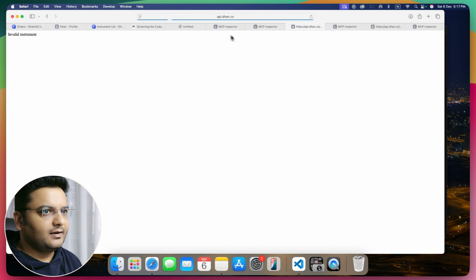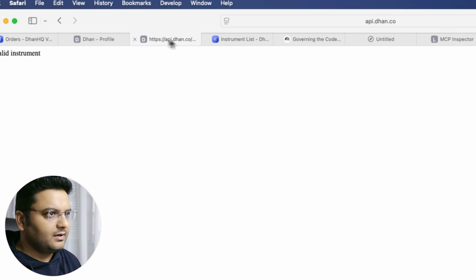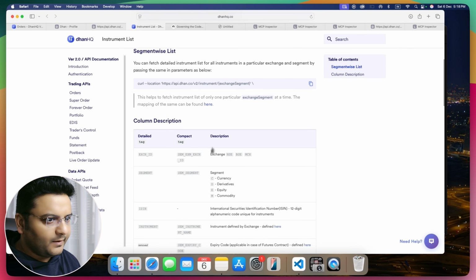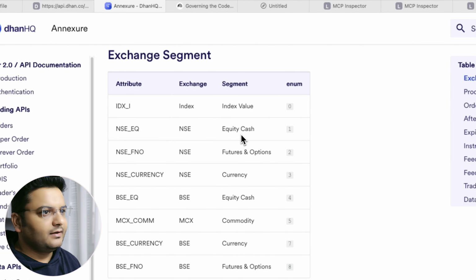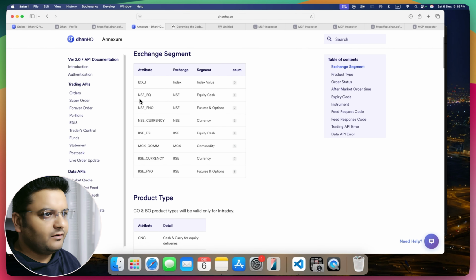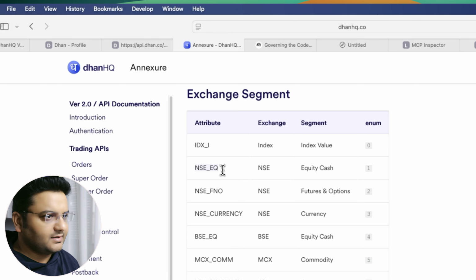Come on. So exchange segment. So probably I'll have to give it E over here, exchange segment. Okay, so the mapping of the same can be found here. Let's open this link. All right, exchange segment, we want NSE. Okay, so let's put in this NSE EQ